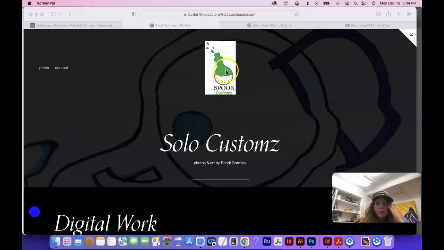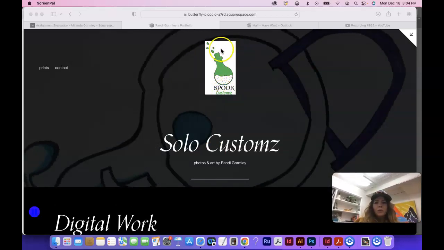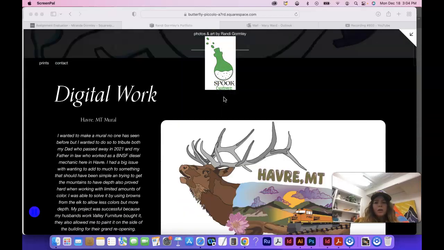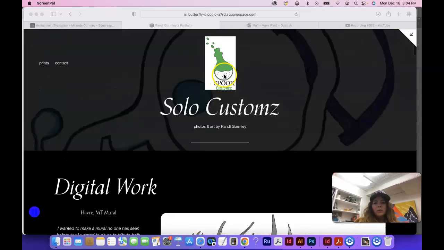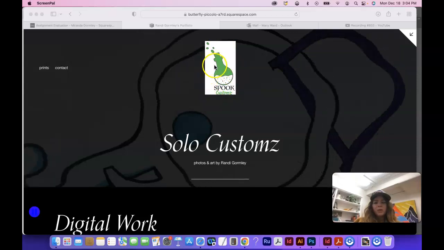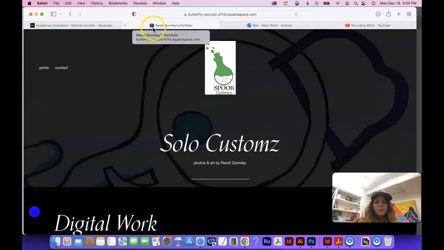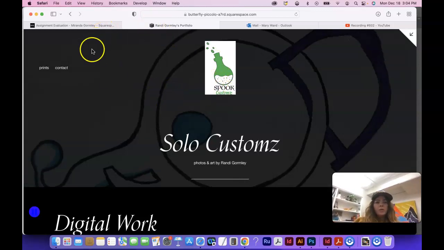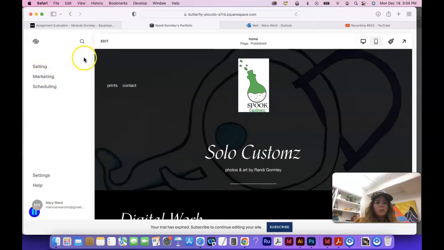Also, this header could be changed to not stay there, except for maybe on the mobile site. Plus, I would probably remove the background on this logo. Make it a PNG file. Also, you don't really have a favicon. That would be a PNG file, and you can do that by going into